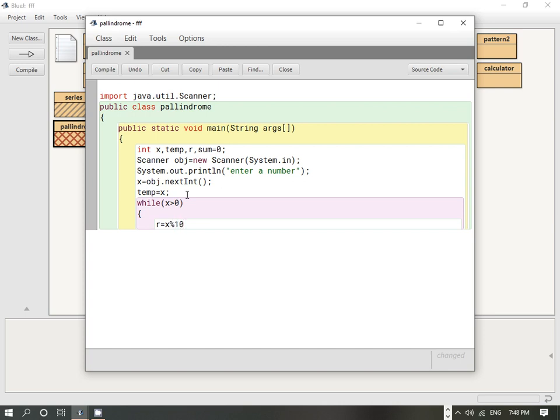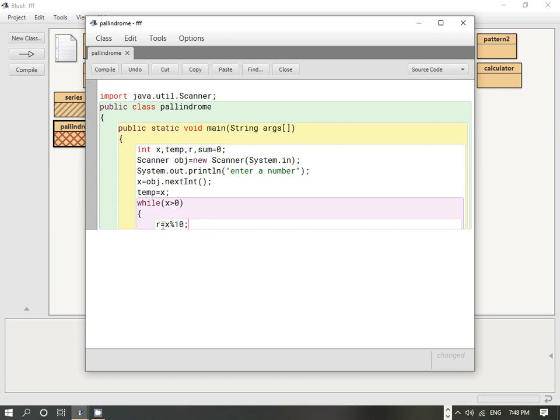Suppose you are entering a number, say 525, so r equals x mod 10 will do 525 divided by 10, and this will return the remainder. So the remainder will be 5.